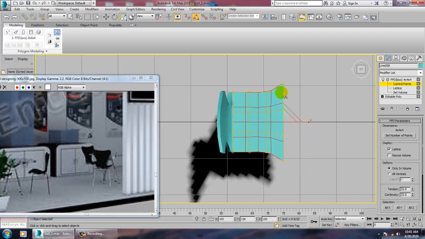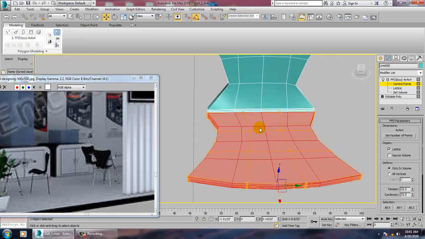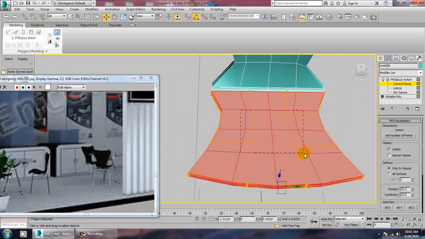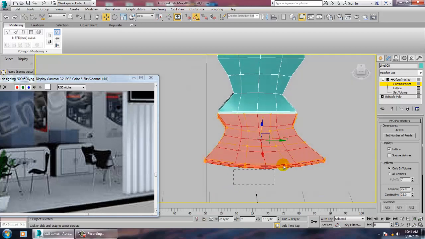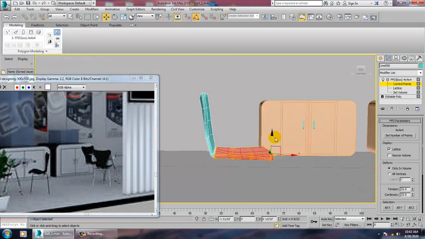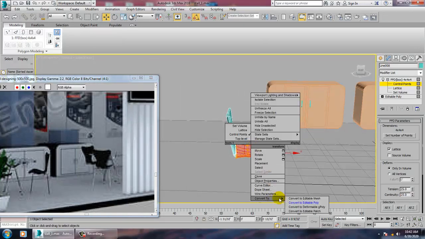Scale it. Select this. Scale it inside. Push it over here. So once you're done, you can just convert to editable poly.